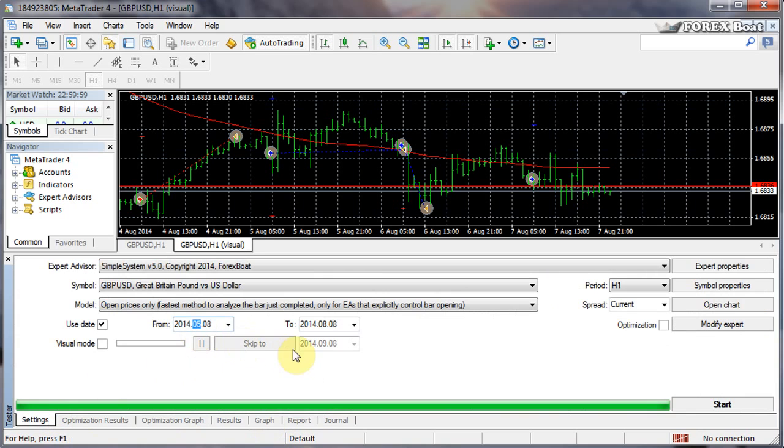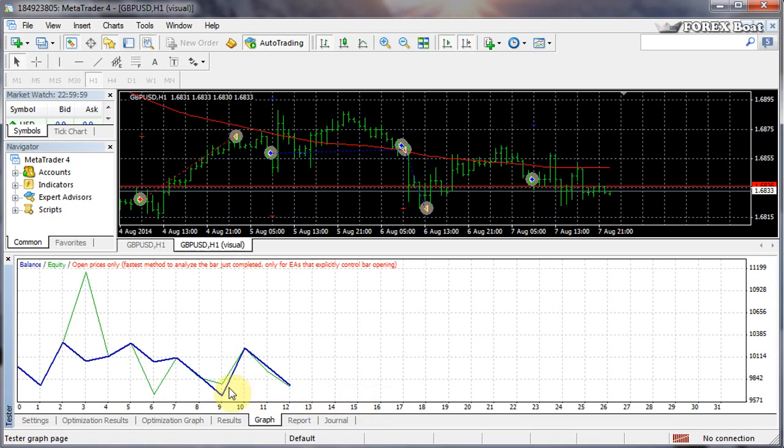So now if we run the forward test, we have to move this to 8th of August and this to 8th of September. Click Start and look at the chart. So the forward test isn't as good, but it's one of those holding ones. So it would still be right to keep. But let's have a look at the other